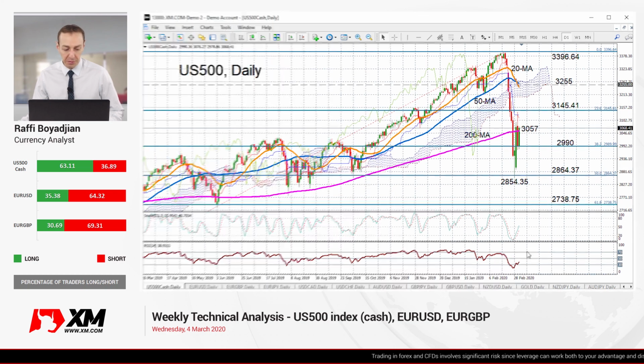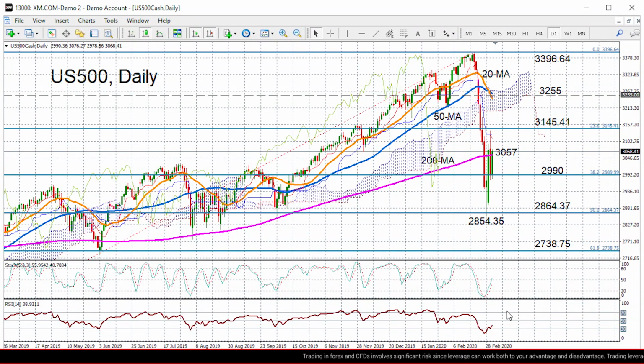This week we're going to be looking at the US500 stock index, EURUSD and EURGBP. So starting first with the US500 stock index cash, we can see looking at the momentum indicators that they are all pointing outwards. Stochastics have the percentage K line at least has entered the 50 neutral area. The RSI, although it's still way in bearish territory, it is clearly pointing outwards, and we can see that through